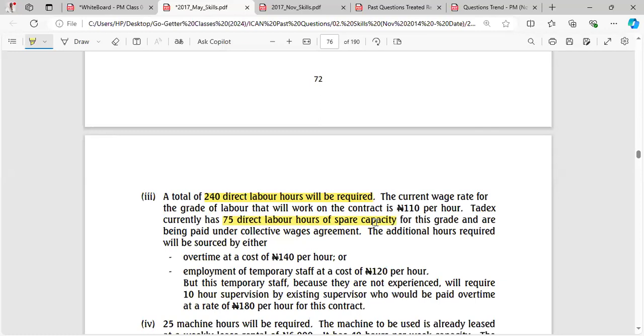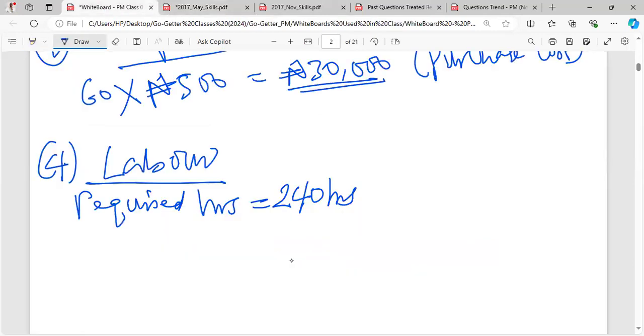Now, what it means here is they already have some people available to do the work. Some of them could use their spare time to do this job, and they have 75 hours to spare. And you remember, the spare capacity has no value. You don't pay those people with spare capacity. All right? So that means that the required hours, the available hours,